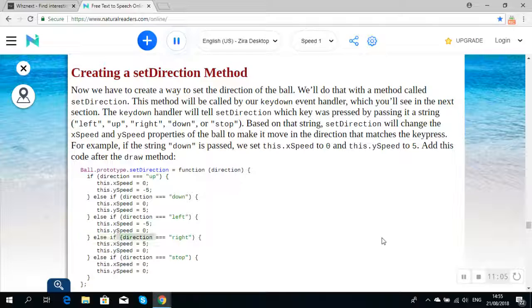} else if (direction === "right") { this.xSpeed = 5; this.ySpeed = 0; } else if (direction === "stop") { this.xSpeed = 0; this.ySpeed = 0; } };